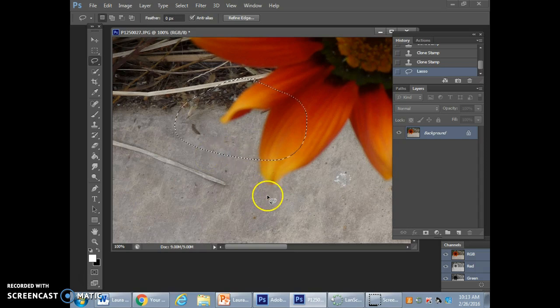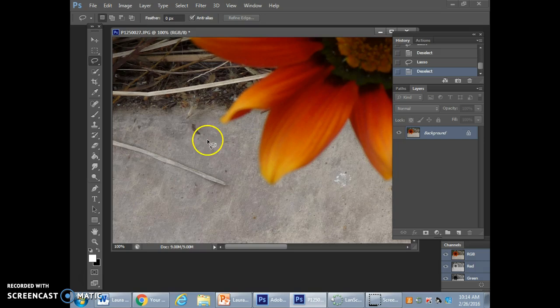To deselect something, Control D. Write that down because you're going to need to do that sometimes. Nothing else works except Control D. So if I draw a selection and it's in the wrong spot, I do Control D to deselect it. But a selection allows me to select a specific area and do something only to that area in Photoshop. That's the beauty of a selection, is once something is selected, it allows you to work only in